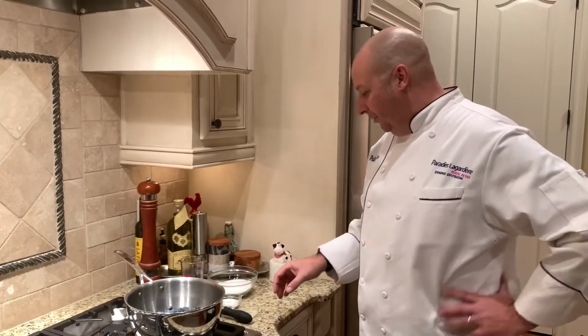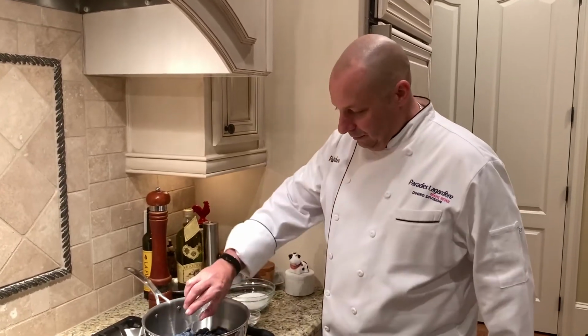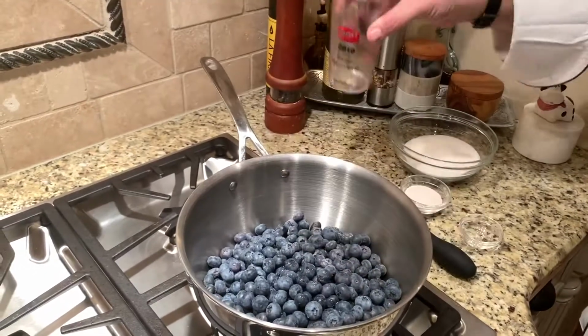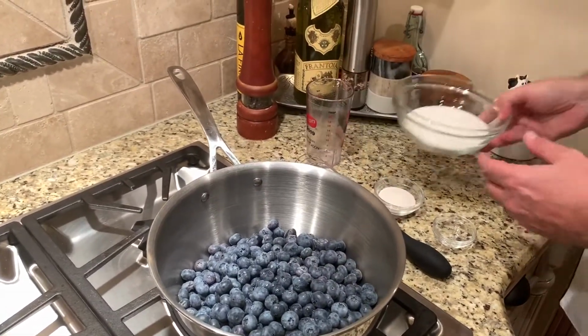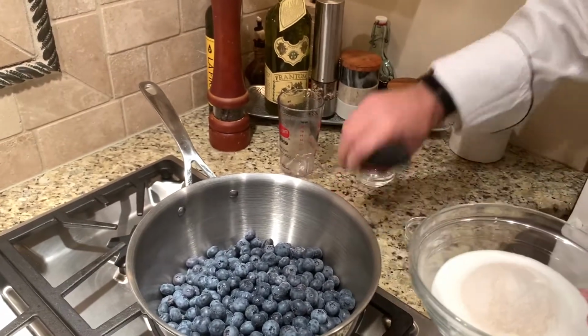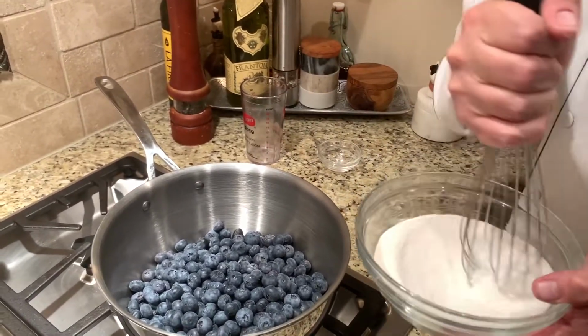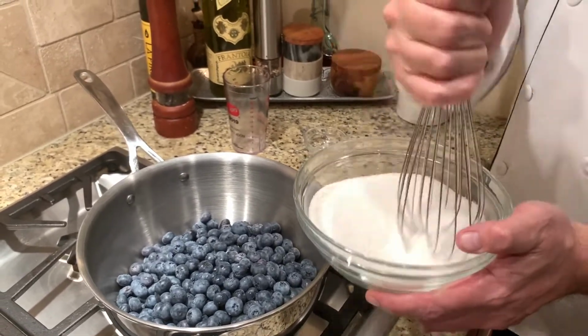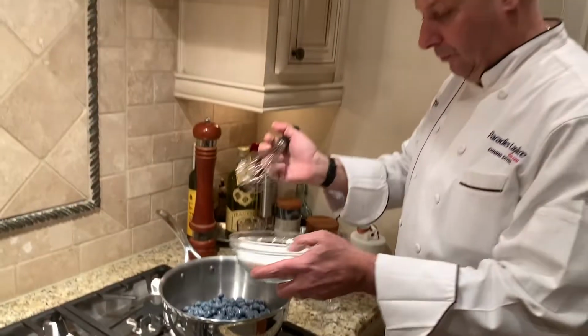So I've got my blueberries. I'm gonna add lemon juice. I'm gonna add the water, and then we're gonna add the sugar and the pectin. What's real important here though, first, is to mix the pectin in with the sugar and mix that up real well. And this will prevent the pectin from clumping together. So I'm gonna pour that in,